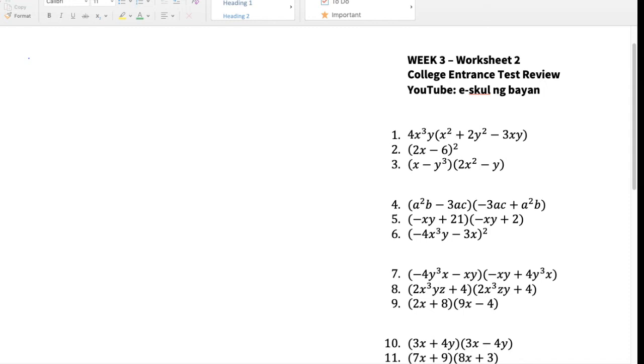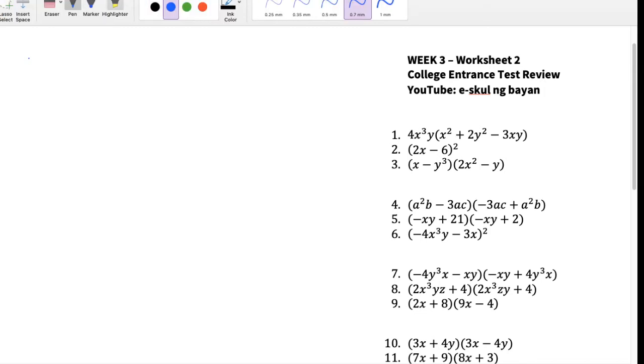Okay, now let's answer worksheet number 2. Okay, so for number 1, monomial times polynomial lang yan. So what you're gonna do is distribute itong 4x cubed sa lahat ng terms ng polynomial natin. Okay? So number 1, we have 4x cubed y times